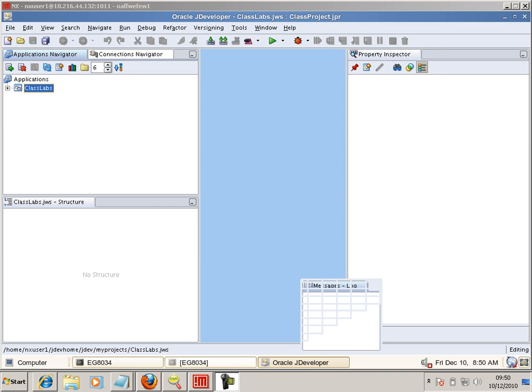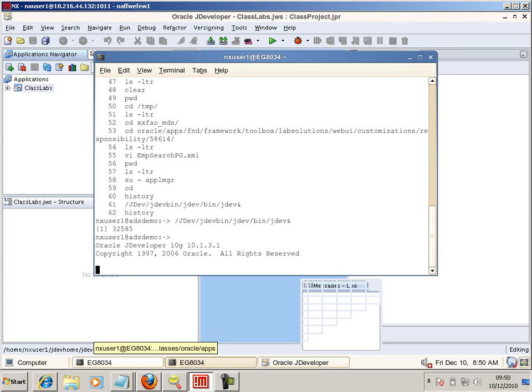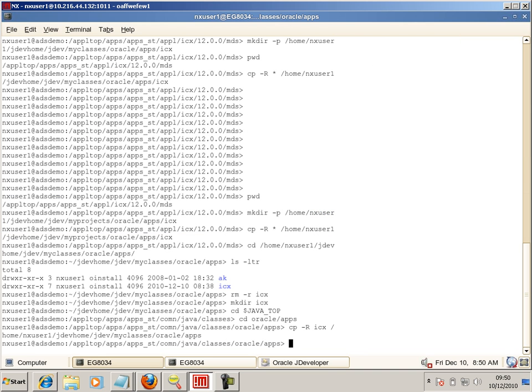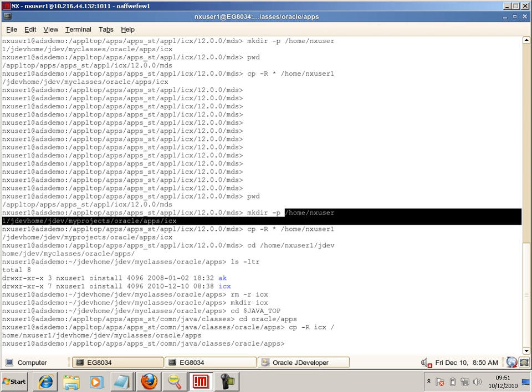Okay, what I'm going to do here, firstly, I'll just recap quickly what we have done. We went to the JDeveloper, the Linux box, and we copied the files from the MDS directory into JDeveloper home